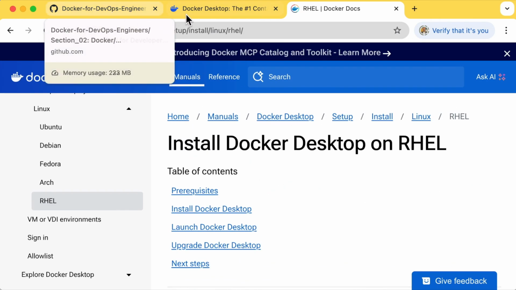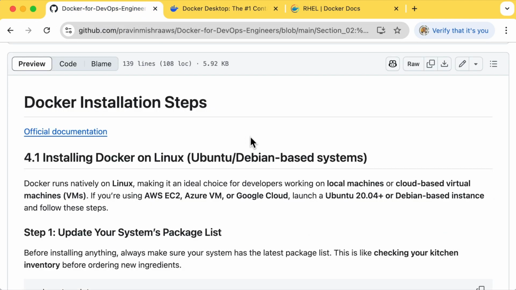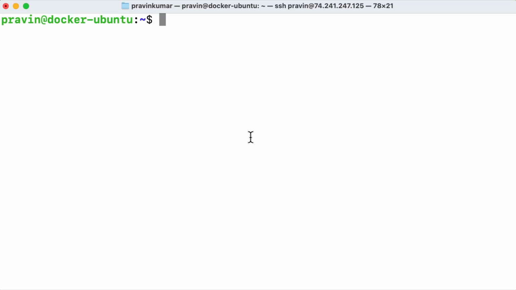And in the next session, I'm going to install Docker on a Windows machine. So if you are using a Windows machine, then you can follow that one. But here I'm going to install Docker on the Ubuntu machine, on a remote virtual machine. What I did is I have created an Ubuntu virtual machine on Azure VM, and here we are going